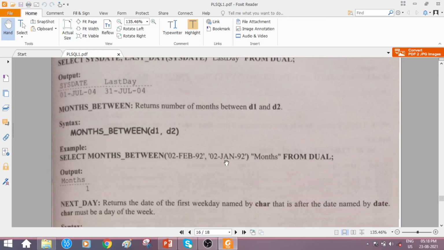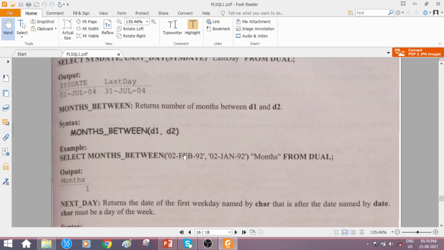2nd Feb 92 and 2nd Jan 92. So the year is 92, 92, the months are Feb and Jan, and the date is 2, 2. We take the more recent month first, February, then the least recent, January. How many months difference do you find? Only one, right?